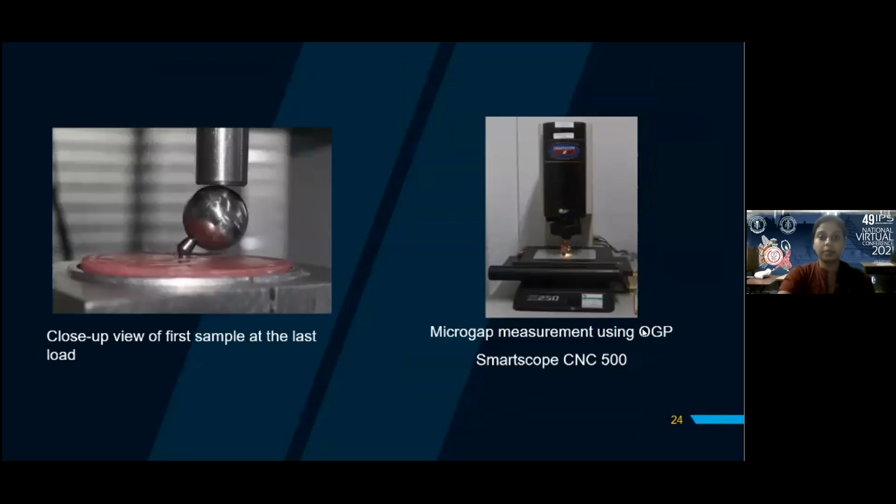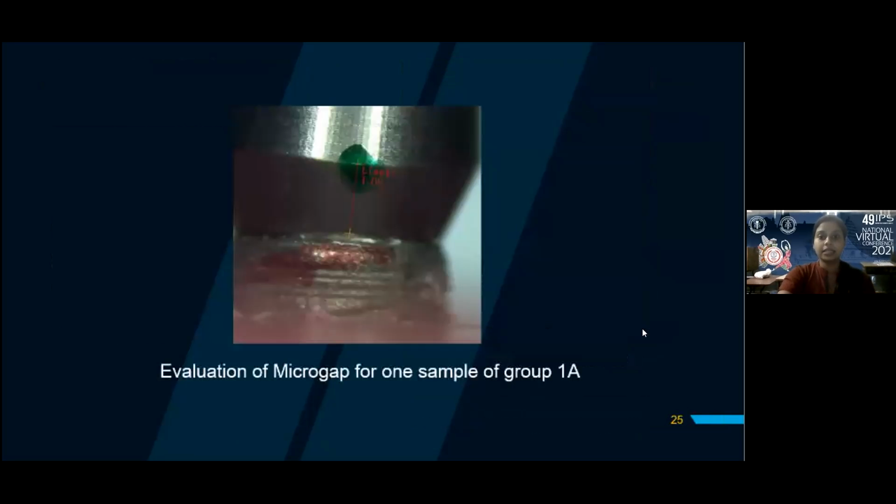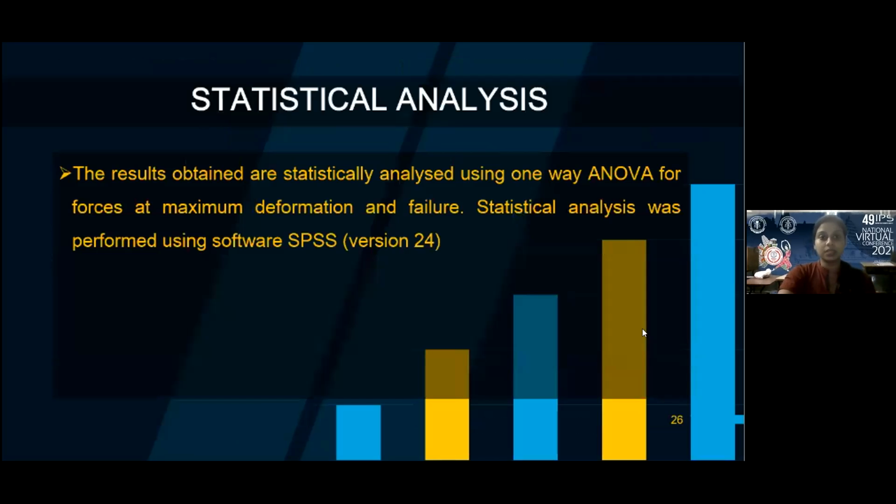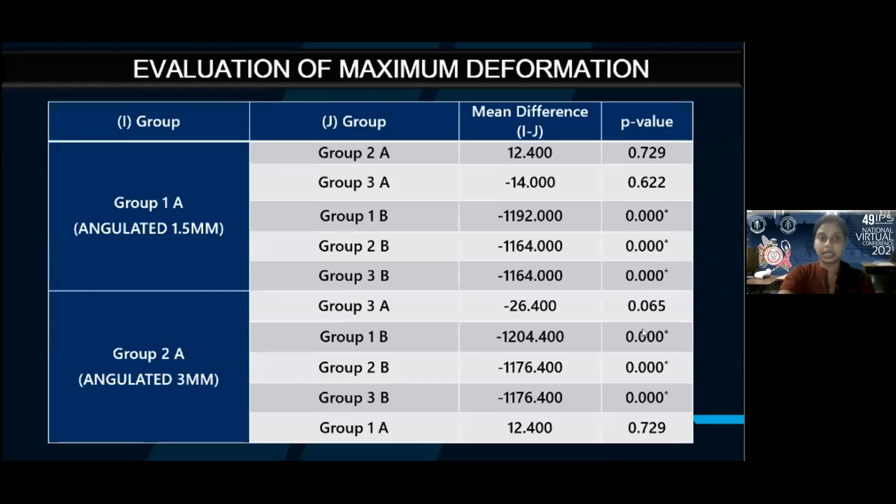So this was how the microgap was measured. It was measured using an instrument called OGP Smart Scope CNC 500. And after every load, the specimen was checked for the microgap, and 2 linear lines were taken and 2 points were taken, and the microgap was measured and compared. So this was how the statistical analysis was done, and these are the results of my study for the evaluation